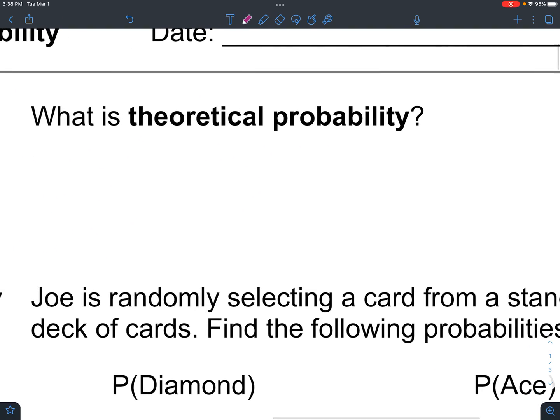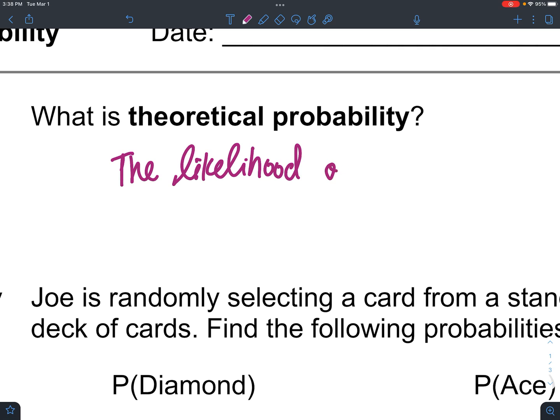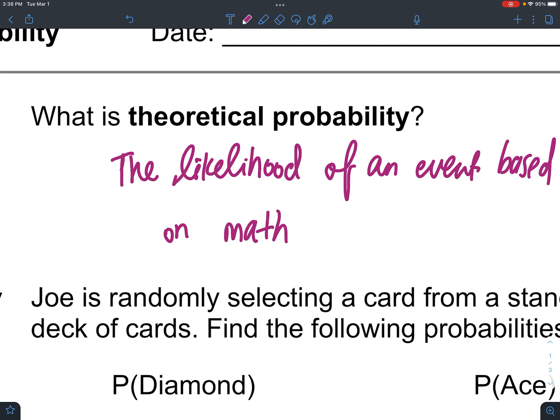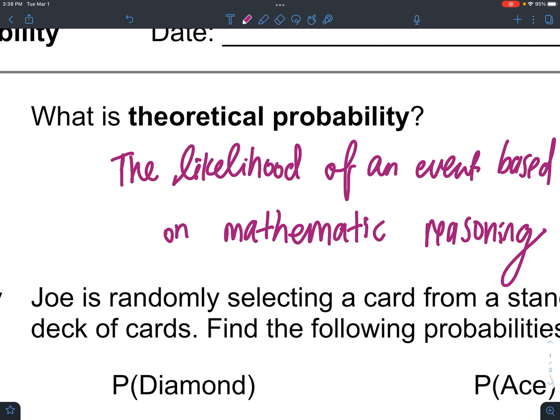So we're talking about theoretical and experimental probability today. So theoretical is the likelihood of an event based on mathematical reasoning. So whether that means we are counting up a certain number of events, listing probabilities, counting combinations, that would be theoretical. So anything we're doing with pen and paper, we're not actually going out in the field